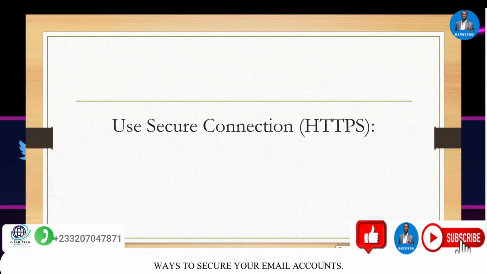If there is that padlock, it means that place is secure. If you don't see that padlock where you type the domain name, it means the domain you are entering is not secured, so be very, very careful. So use secure connections when you connect to your email.